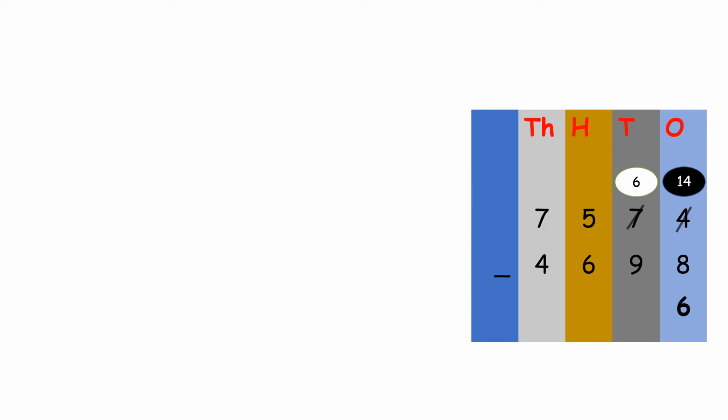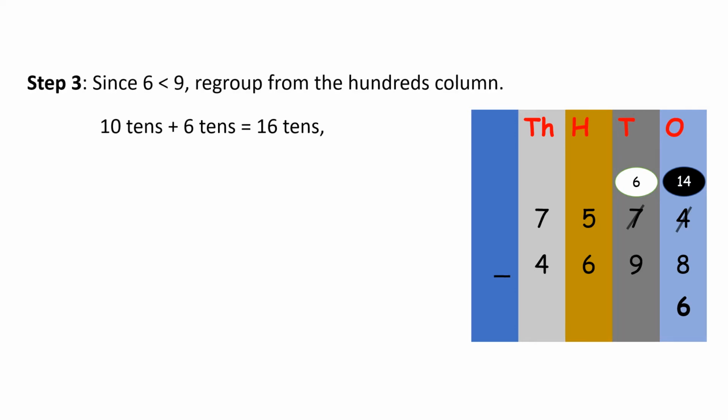So how many hundreds are there? 5 hundreds are there. From there we are going to take 100 and we are giving it to the 6. So 100 is equal to how many tens? 10 tens are 100. In the multiplication table we already studied, 10 tens are 100. So 10 tens plus here we already have 6 tens. So it will be 10 tens plus 6 tens is equal to 16 tens. So in the tens place digit now it will change into 16.